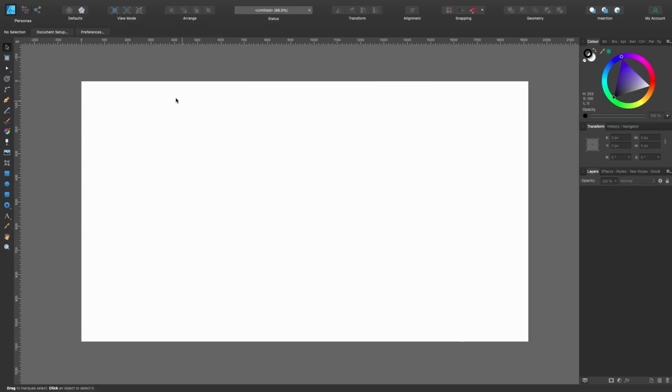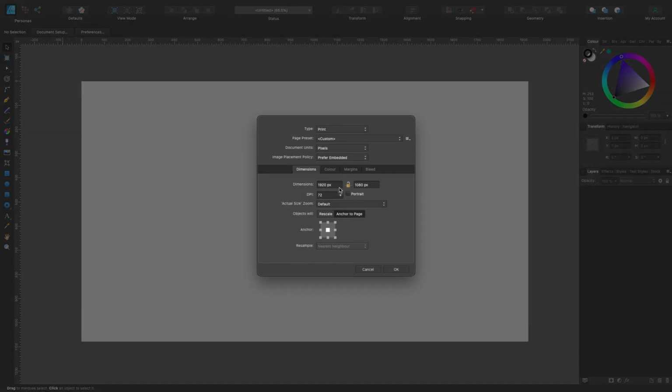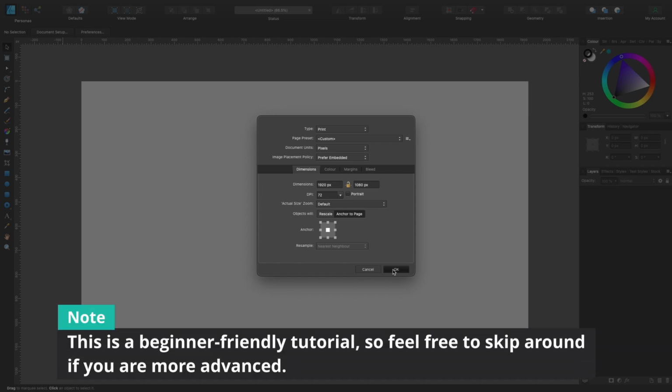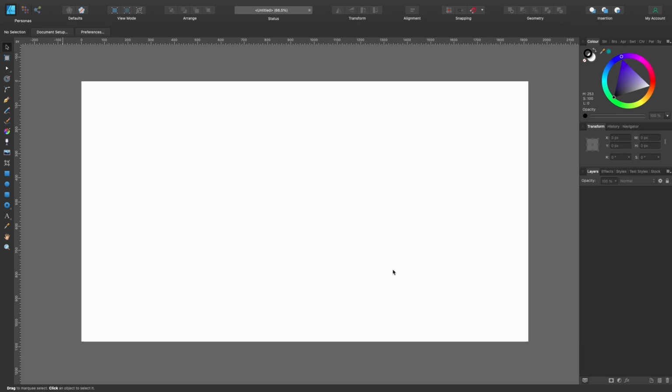And we're in Affinity Designer. My document is set up already. If you want to see the dimensions, it's 1920 by 1080 pixels, 72 dpi. It's not necessary, but if you're following along with me and you want everything to be the same, then there it is. Okay, so we're going to be choosing an image and we're going to be tracing around it and trying to recreate it. We're going to look at how it was made and see how we can make it in Affinity Designer all in vector.